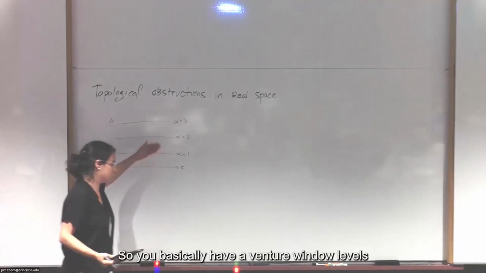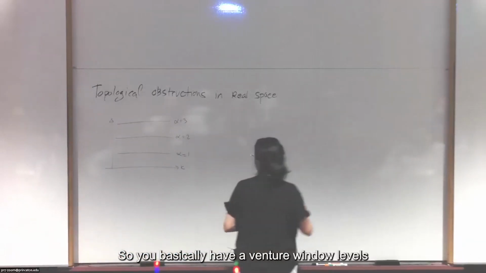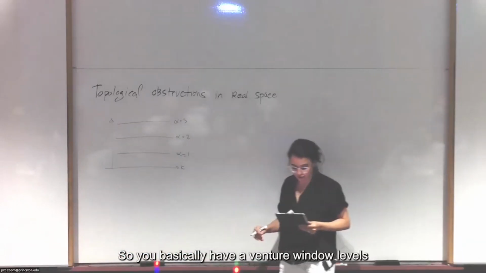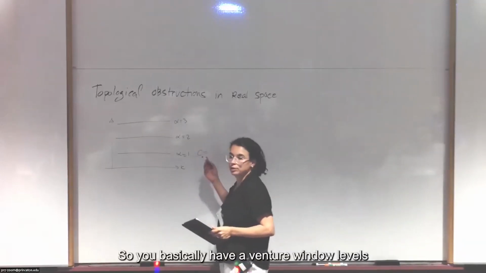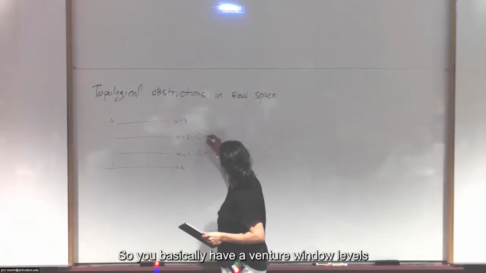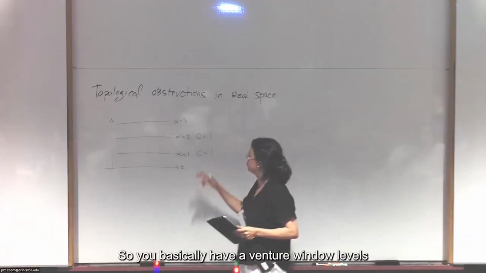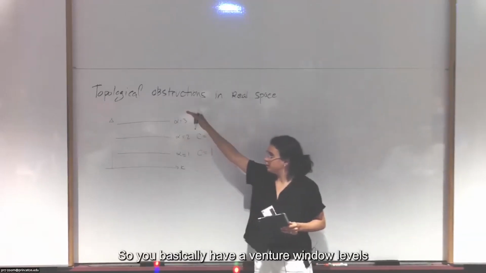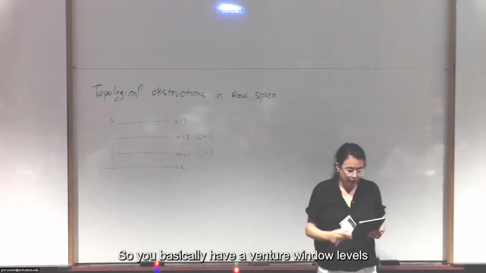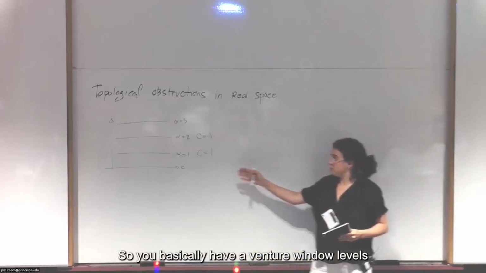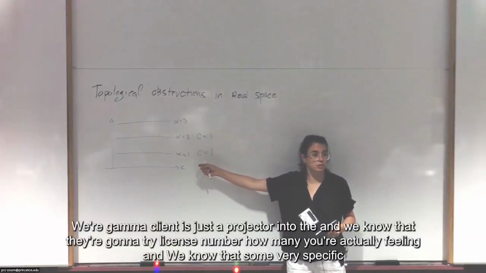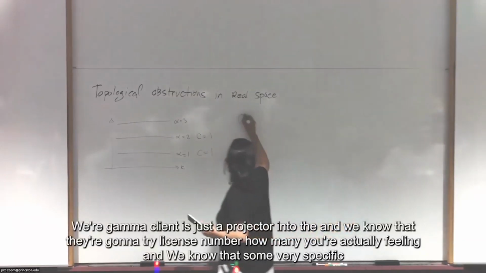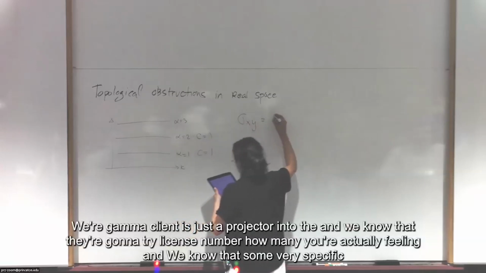The energies are basically zero, or whatever is the energy of the Landau level. And we know that they're characterized by some number that we learn, the Chern number. Actually, every level has Chern number equals 1, because the total Chern number will be how many you're actually filling. And we know that some very specific transport properties, like the Hall conductance, are directly going to be related to this Chern number. Right? So the Hall conductivity is going to be